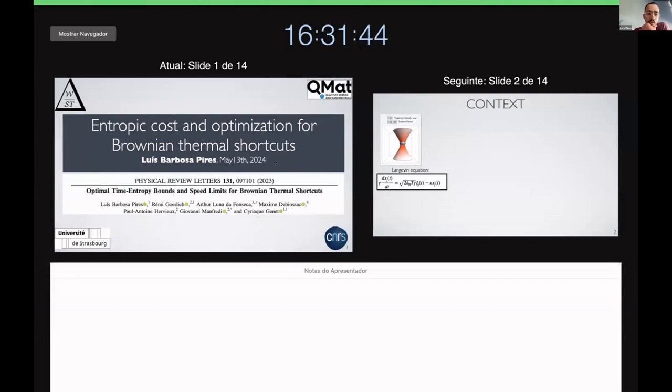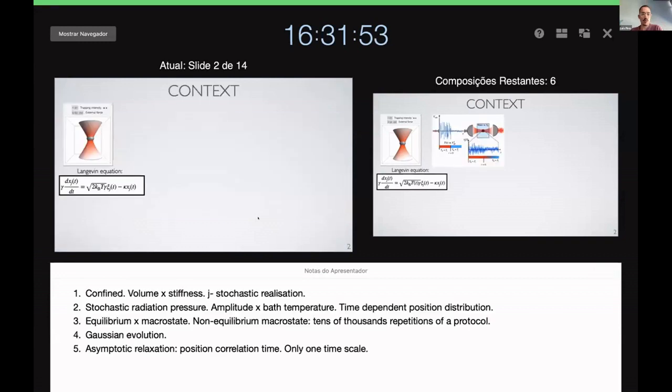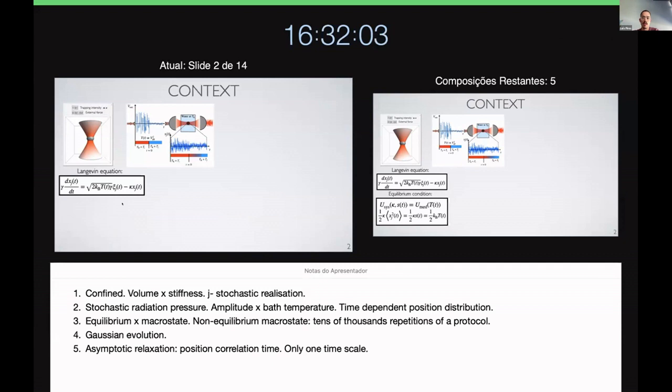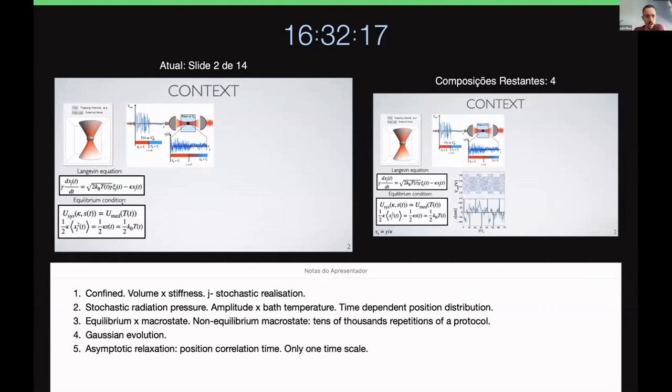So I present about the entropic cost and optimization for Brownian thermal shortcuts, and this work has been developed at the University of Strasbourg and in the group of Sihak Gende. So the context here is a confined Brownian motion, in which you have the overdamped dynamics. In your system, we implement a stochastic force that comes from a radiation pressure. The idea is that the amplitude of this stochastic force changes the temperature of the thermal bath in a way that